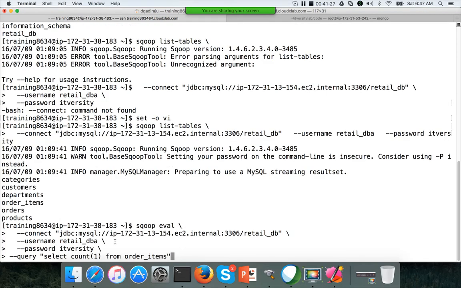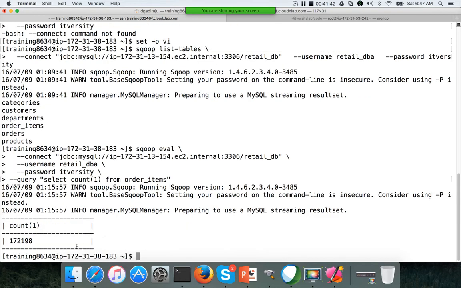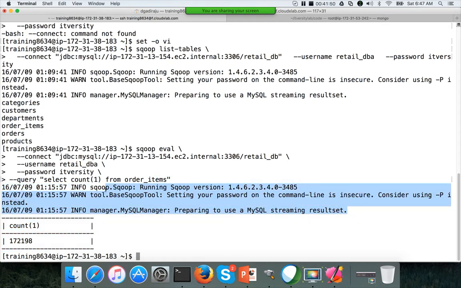So if you run this command, it is connecting to the retail_db database using a username and password, and then issuing a query, select count of 1 from order_items. When you run it, the output will be displayed here. So this is displayed as part of the standard out, and this is displayed as part of the standard error.